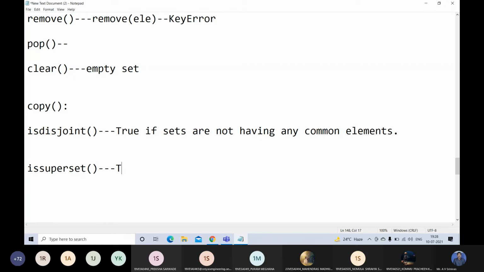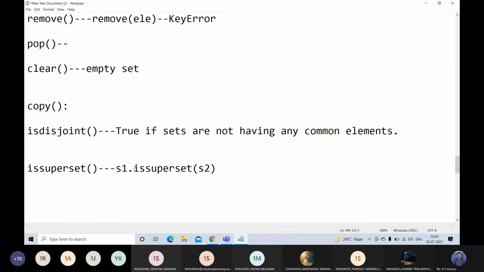Suppose I am writing S1.issuperset(S2). In mathematics, superset means all the elements of S2 are present in S1.